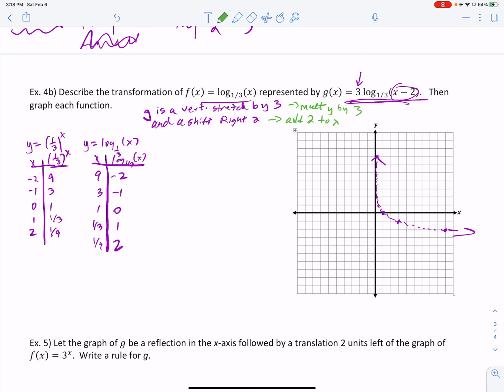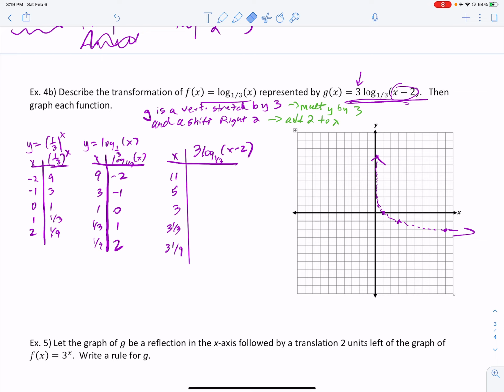And so we can write the table of values without having to do two tables. So for G, I need to add 2 to the x. So 9 plus 2 is 11, 3 plus 2 is 5, 1 plus 2 is 3, and then we have